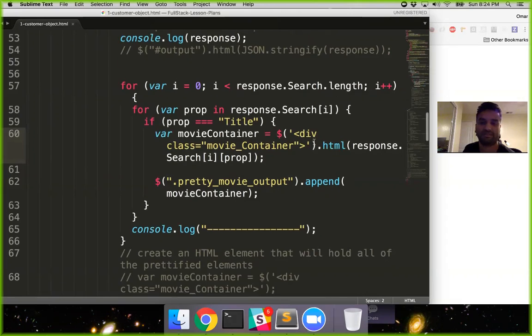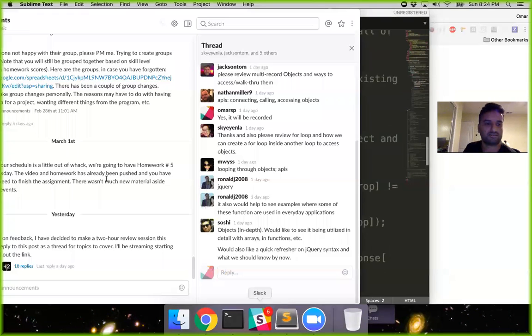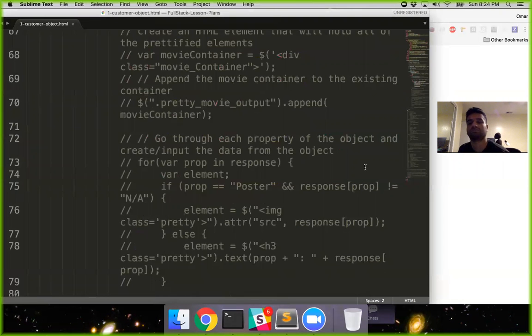All right, let's move on. So we also have connecting, calling, accessing objects. I think we did that. A for loop within a for loop. So let's do a for loop within a for loop. A for loop within a for loop is good for accessing